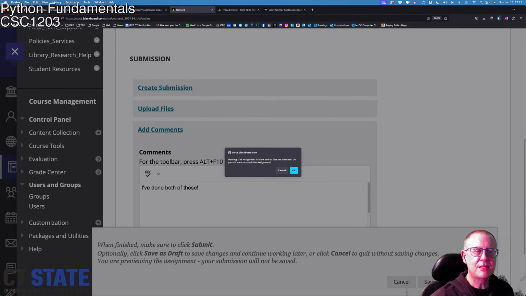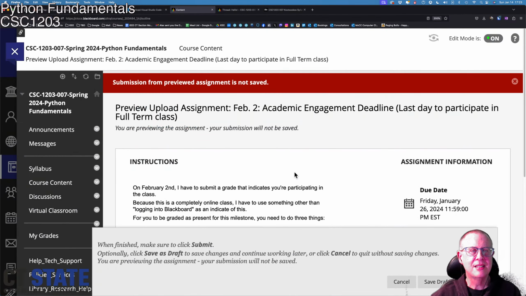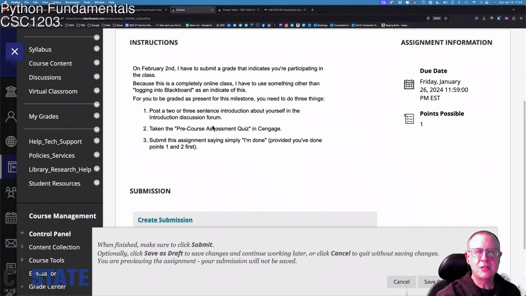And you hit submit. Okay, and once you've done that, and this is just a preview because I'm not a student in this course, I will see that and I'll be able to tell whether you've done points 1 and 2. This will tell me if you've done point 3. You have to do that